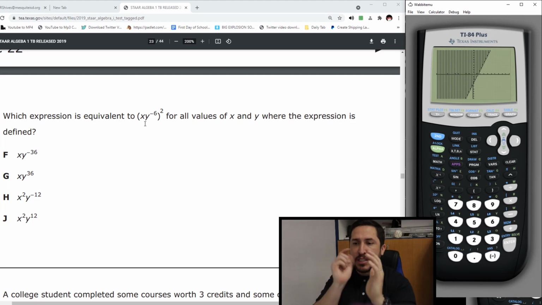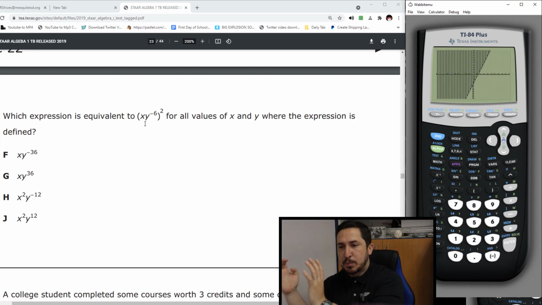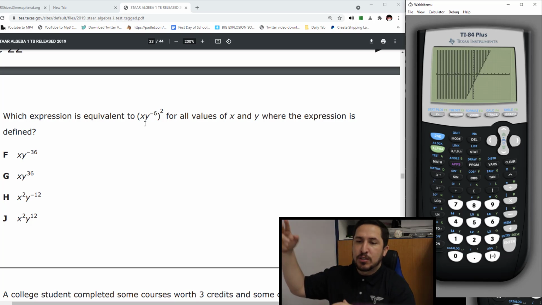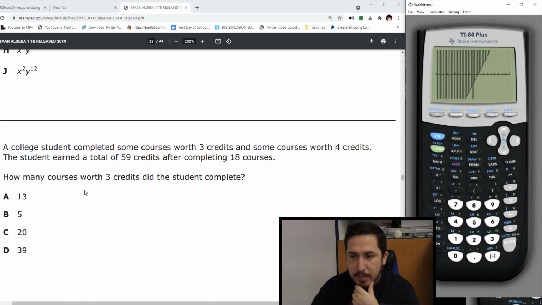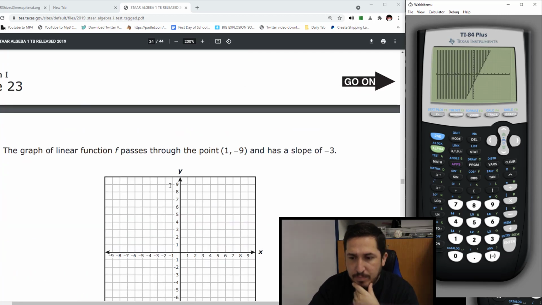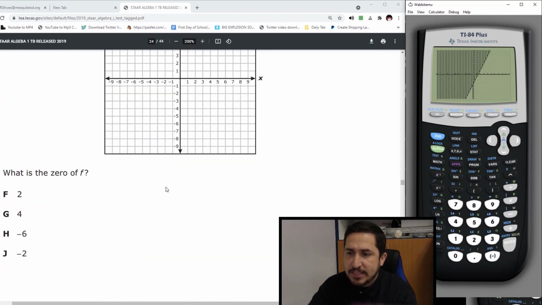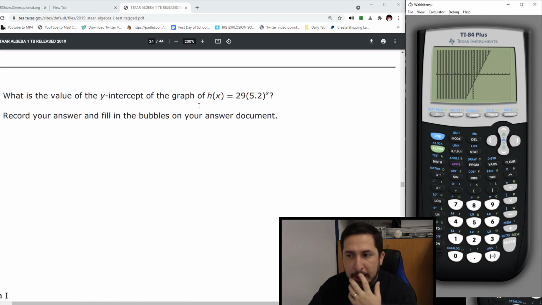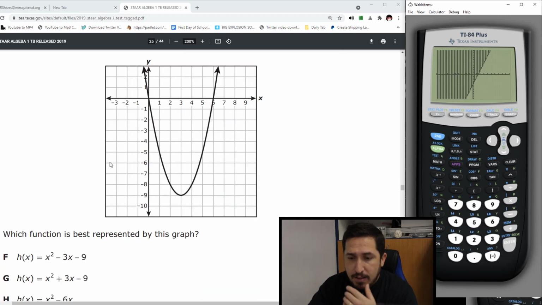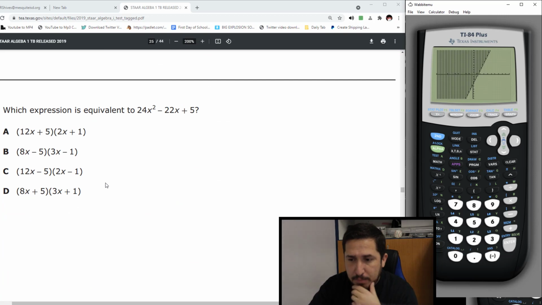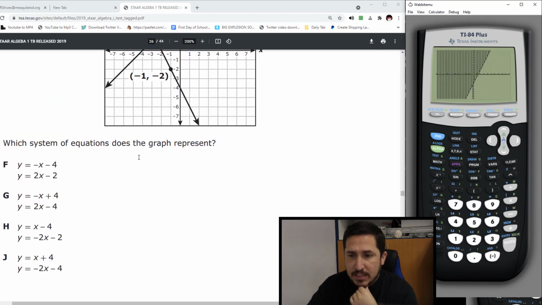You go parentheses, 1.1, close parentheses, 2.2 to the -6, close parentheses, raise it to the 2, and then do something for your choices, match them up. This guy wants a 0, that's the x-intercept, but good luck, they ask it in a weird way. This guy, you can find a y-intercept, graph him, and see who touches the y-line. This guy, graph him. This guy, graph him. Run the table.